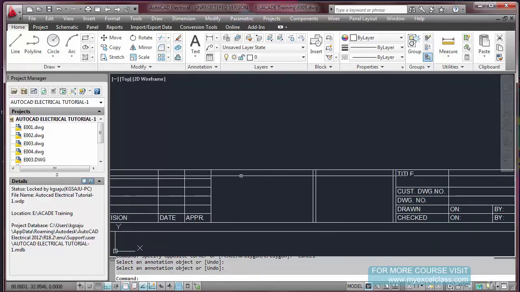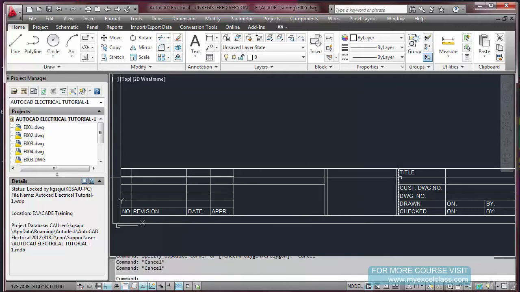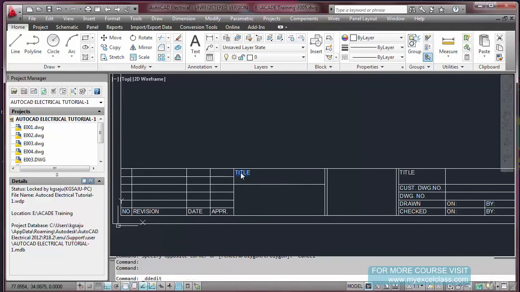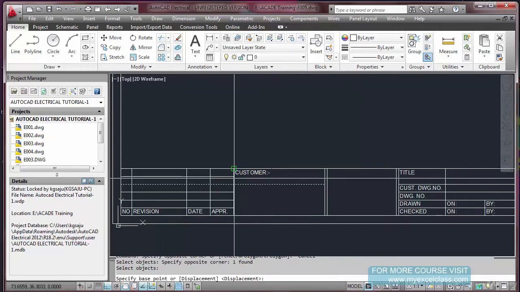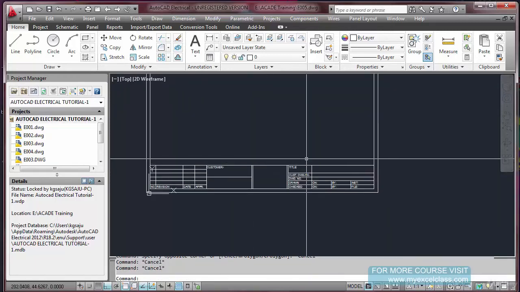Here you can put your logo, and in this portion something else, like a customer's name, or I will put that as well. Customer's name I'm going to put, because this is important, customer. Fine. Now the text, we have written all the text.